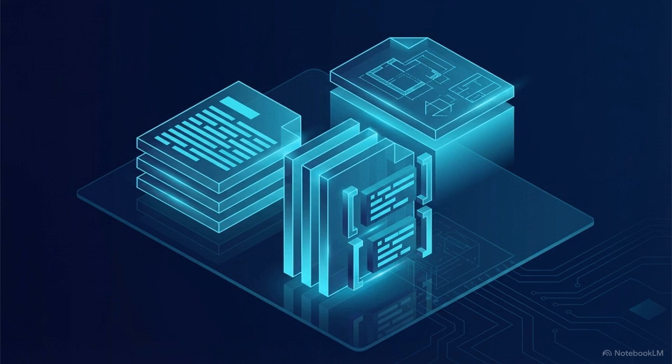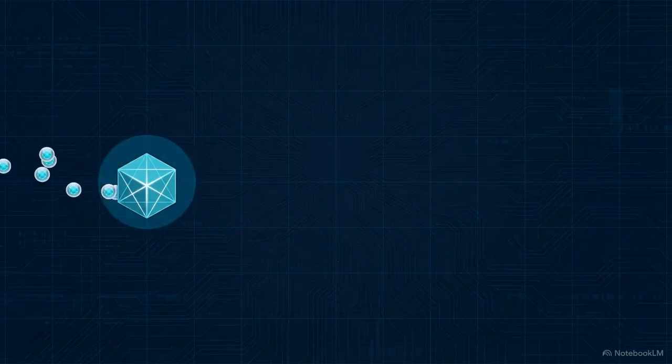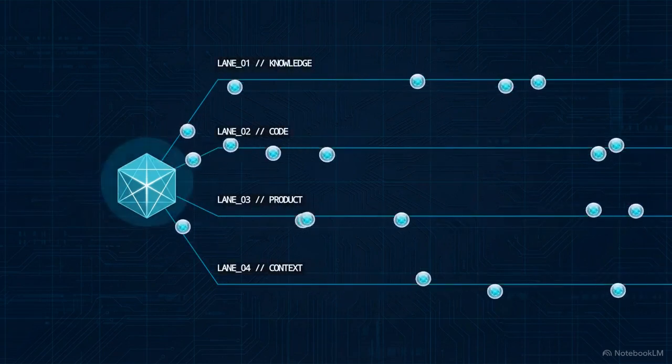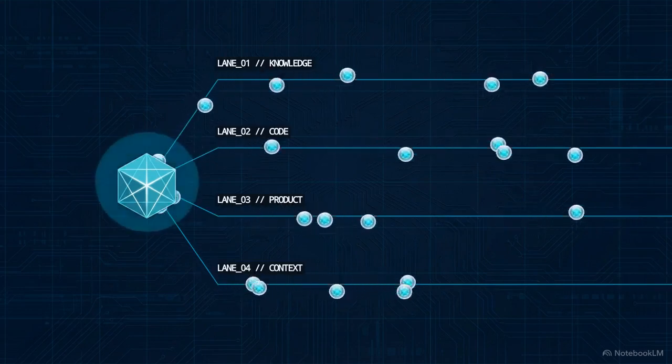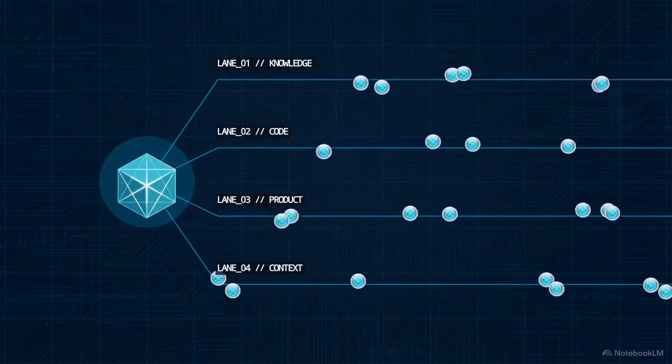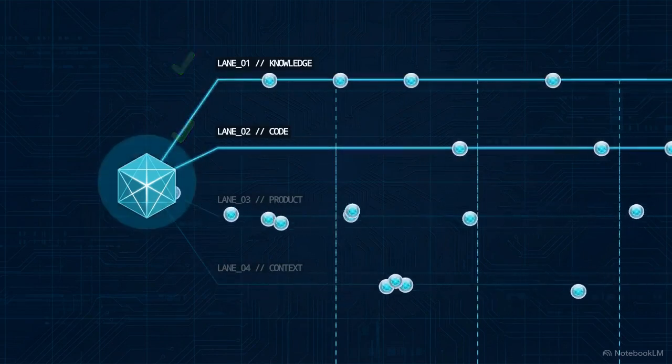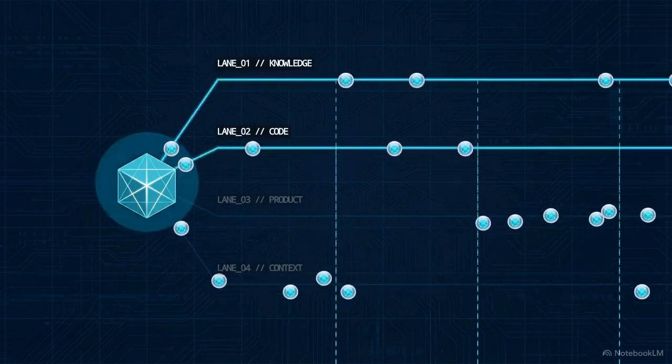The process begins with ingestion. You drop in your unstructured corporate documents, README files, API specifications, and product roadmap data. To prevent confusing corporate information, the data stream is immediately routed into 4 strict training lanes: knowledge, code, product, and context. The code and knowledge pathways act as hard grounding, anchoring logic in runbooks and APIs, ensuring the system never